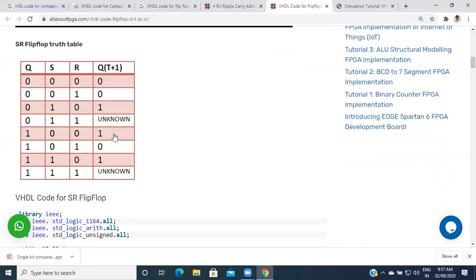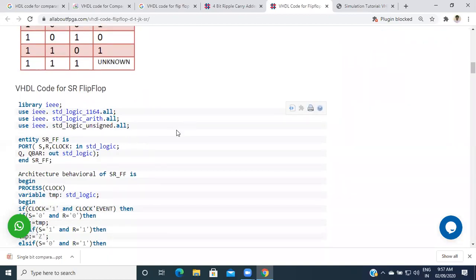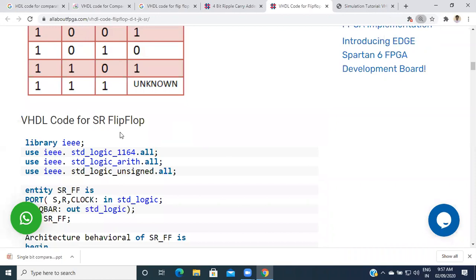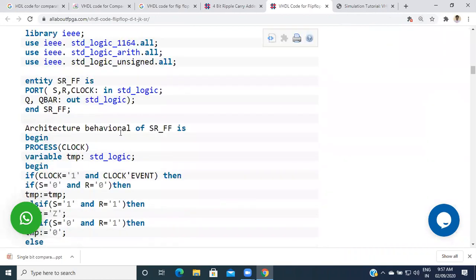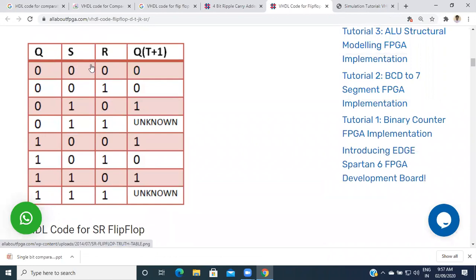So that is nothing but unknown if both values are 1, 1. Here the VHDL code for this SR flip-flop can be defined by using the truth table. In the truth table, when S is 0 and R is 0, the value is 0. Then S is 0, R is 1, and so on.